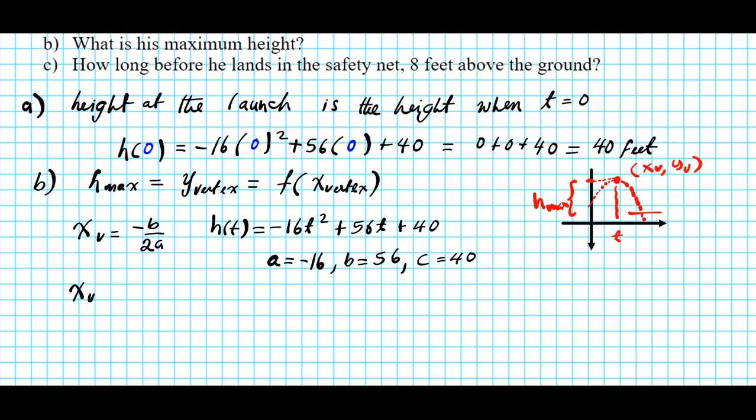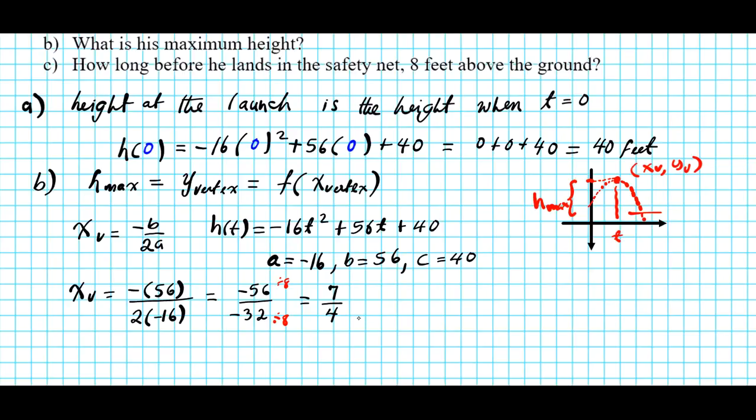Now let's find the x-coordinate of the vertex. It's going to be negative b over 2a. Okay. So we are going to have negative 56. 2 times 16 is 32. We can divide the top and the bottom by negative 8. That's a GCF. Divide by negative 8, top and bottom. Since they're both minuses, minus over minus is plus. So we can just slash and dash, and we will have 7 over 4 as the time when